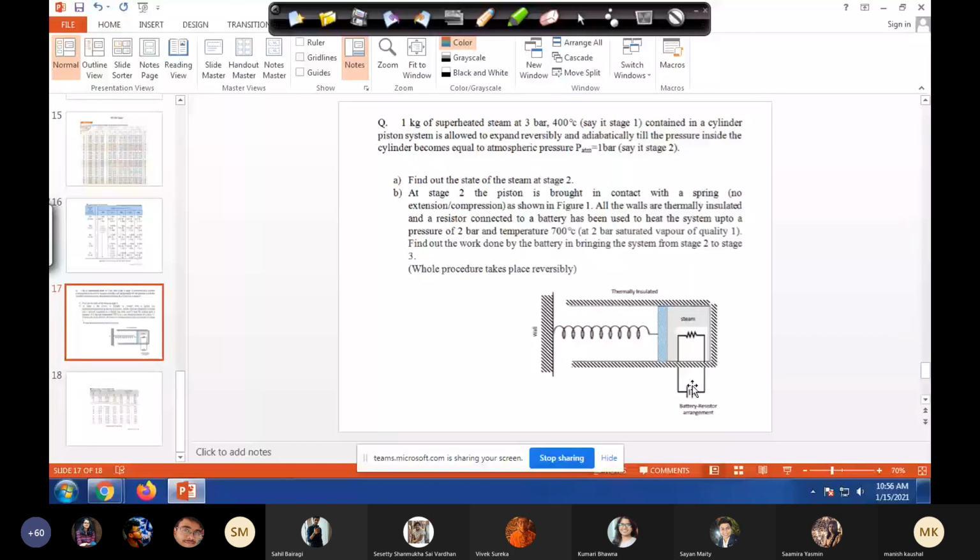Homework is as follows. Try to get familiar with the various tables, tabular forms, and these various graphical forms. Go through this problem, and let's see if you can get an answer. I'll send you the answer. Then I'll upload 3 assignments today. You can solve assignments 1 and 2. Assignment 3 will be based on 2 problems, this one and one more problem, which we'll solve in the next class.